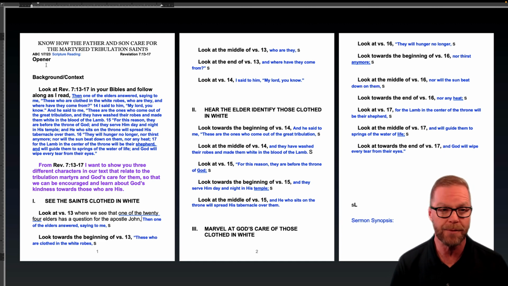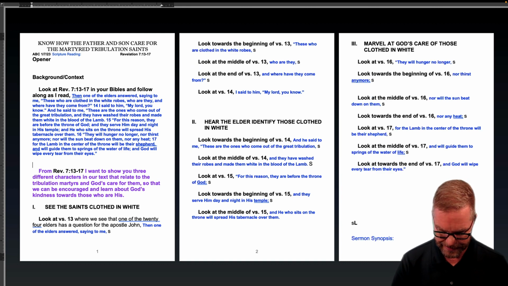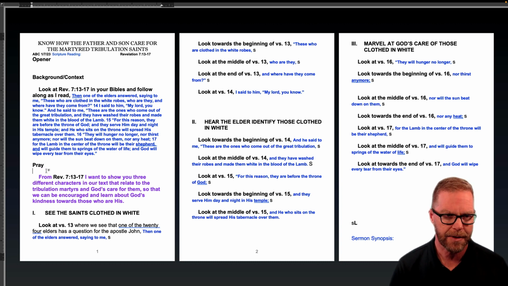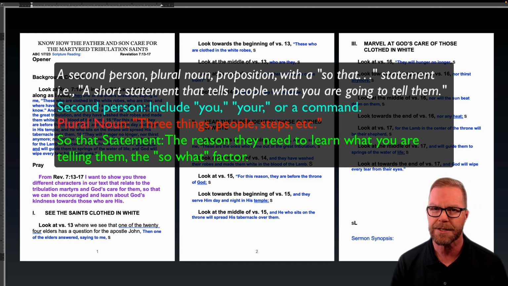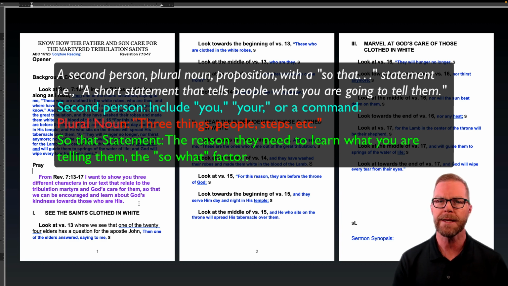Then what I do is I read the passage to my congregation, and I often pray right after that. Let me just put that in there. Pray. Let me bold it. There we go. So I read the text, I pray, then I give my proposition. Remember, you have your title, which kind of summarizes what the sermon's going to be about. But the proposition is kind of just a short statement that tells people what you are going to tell them succinctly. And what I do is a second person, plural noun,